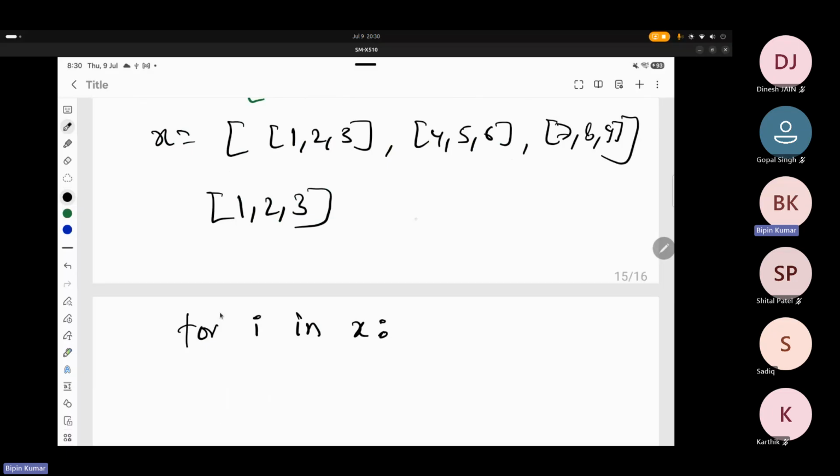Since the length of this list X is 3, this loop will also run 3 times. So the first time, the value of I will be 1 2 3. Now let's say we have to do some sum. Inside this loop, what if we create a variable, let's say t_sum